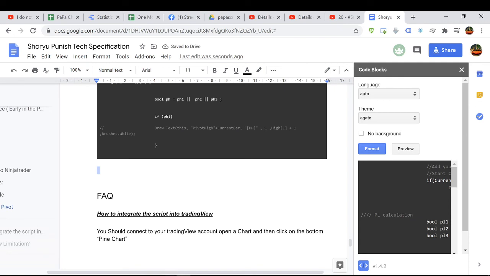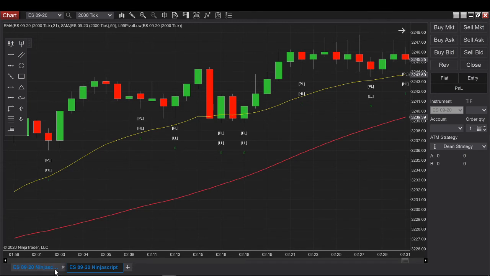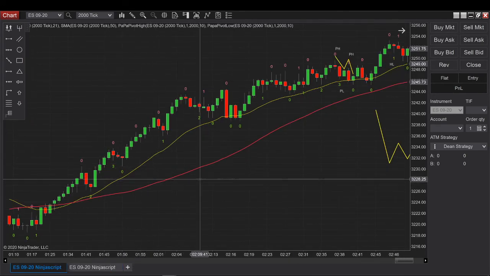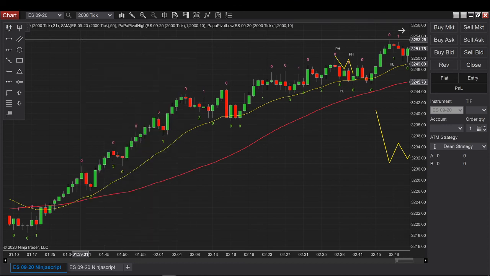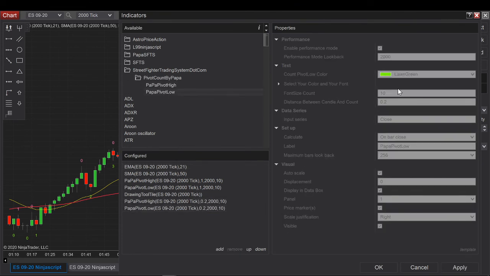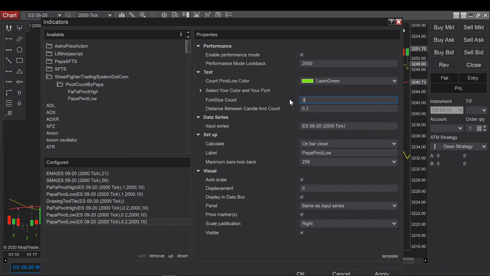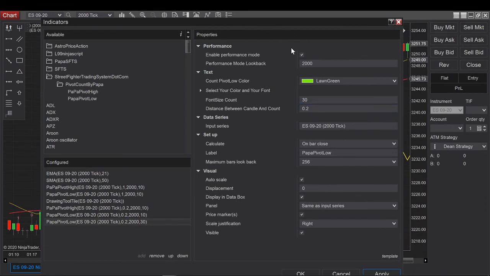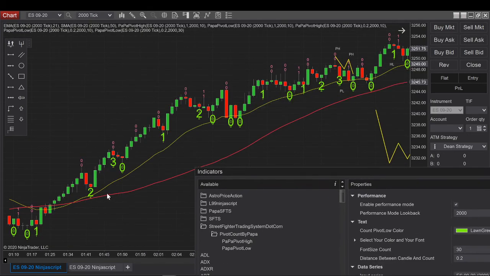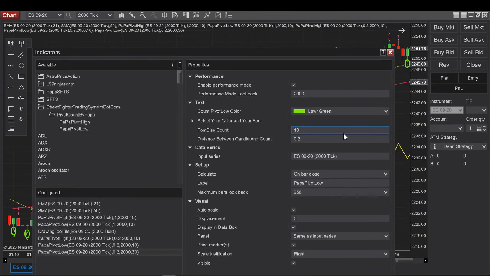Okay, so also on the description below, I will put the code that I've done for my own pivot lows over here, which is a little bit better because what it does is also it gives you the possibility to customize the color. Okay, so I call it pop-up pivot high, pivot low. And it gives you the possibility to customize 1, the color, 2, the font size if you want to. So if let's say you want to put the count at 30 size, okay. So very, very big. Because so you see here it's very, very big. Of course, don't do 30, it's maybe too big. But you have the possibility to do it.